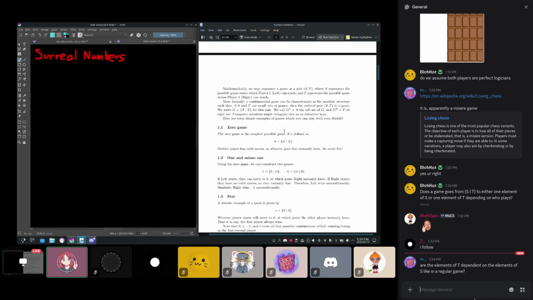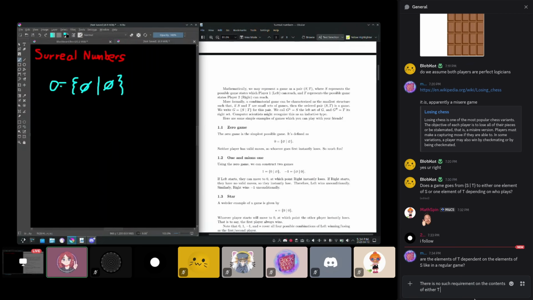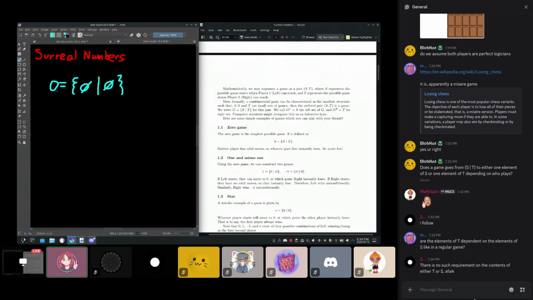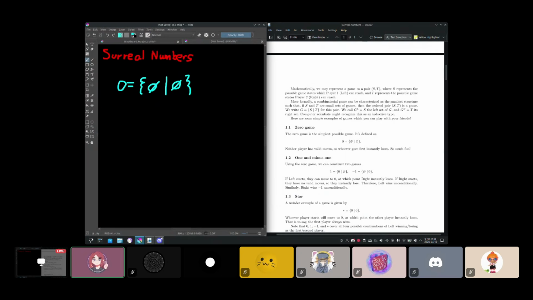So the very simplest game that we can define, I already defined it. It's just the game where no one has an option to do anything. This is it. And we call this the zero game, and the fact that I'm using the number 0 suggests that there's some kind of extra structure, and there indeed is, and I will get to it. But for now, we can take this as a definition, right? The game 0 is defined to be this game. And, well, anyone want to play with me?